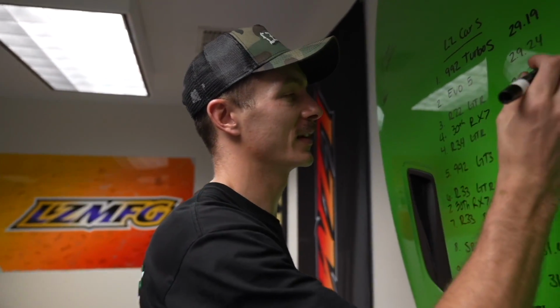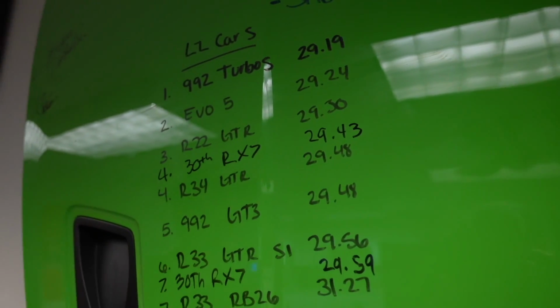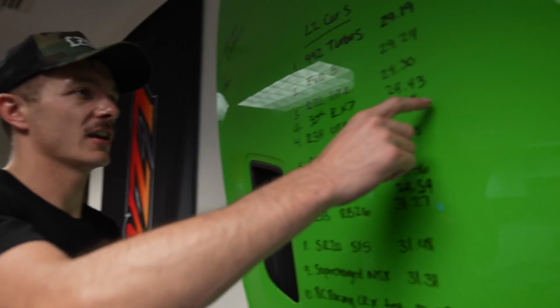It did move up from 7th to the 4th spot, but it still didn't beat the R32 GTR. My theory behind that, because it does have much more corner speed, is probably just the lack of confidence in braking. The RX-7 has a big brake kit up front, and I feel like the bias isn't perfect, and it will lock the fronts up pretty quick, where the R32 stops really well. And then the R32 probably has the advantage on the launch too, because it's a standing start. If it was a hot lap, the RX-7 would probably be a lot closer, but even so,